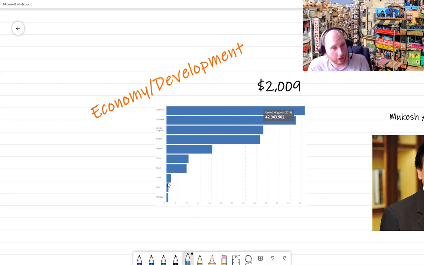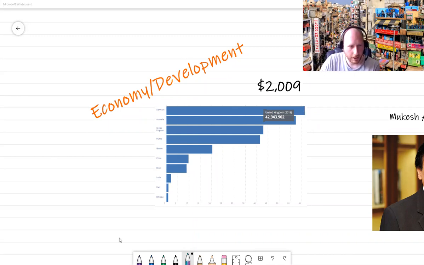So to look at that in a dollar term, in Britain, the average person earns $42,943 a year if we were to divide it up. In India, it's only $2,000 a year, so quite a lot different. I mean, we can see our forerunner is still Denmark, way ahead in the lead there. So yeah, there's a big disparity between the amount of money for people in India and the amount of money for people in Denmark. But that doesn't mean that everyone in India is poor.